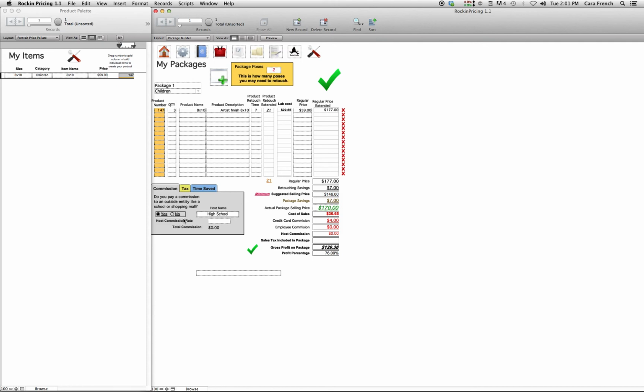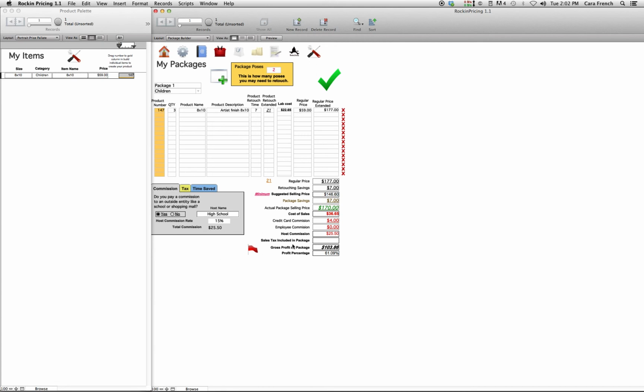Let's say the high school collects 15%. Okay, so that's on this package, which wouldn't be realistic for a school picture package or a sports package, but